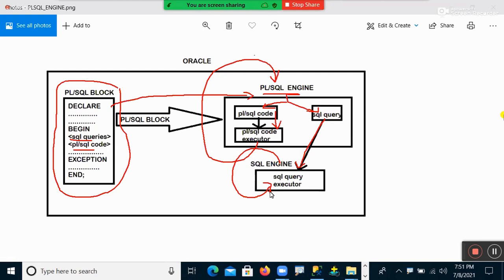After that, the PLSQL code is sent to the PLSQL code executor, and the PLSQL code executor executes the PLSQL code in the PLSQL engine. And whatever SQL queries were separated, those queries are sent to the SQL engine, or SQL database engine. And in that SQL engine, whatever SQL